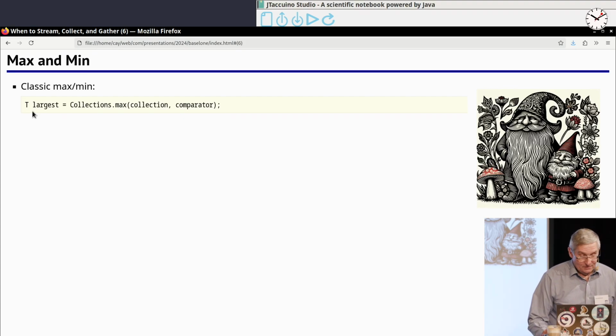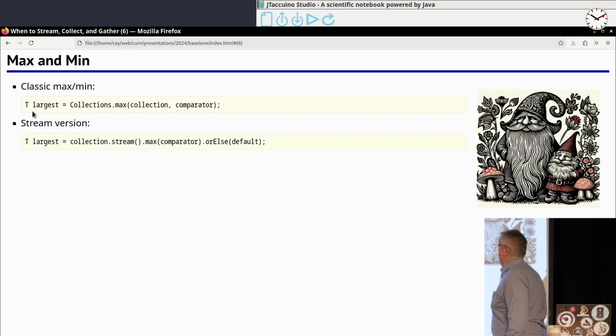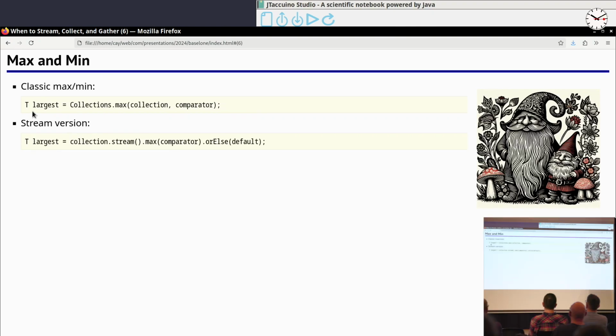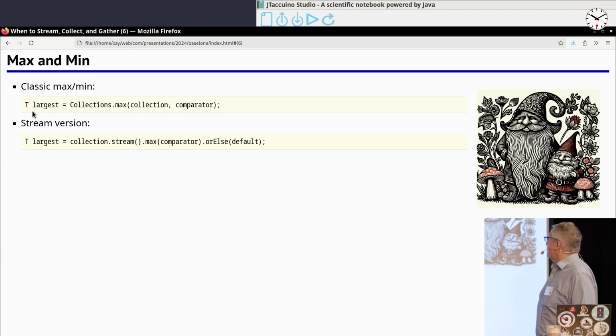It's easy. And so then with the stream version, when I first saw it, I said, well, that's ridiculous. It's 20% more characters. Have they never heard of the global pixel shortage? So intuitively, when I saw the dot stream, I would say, if there's a library function, just use the existing library function.